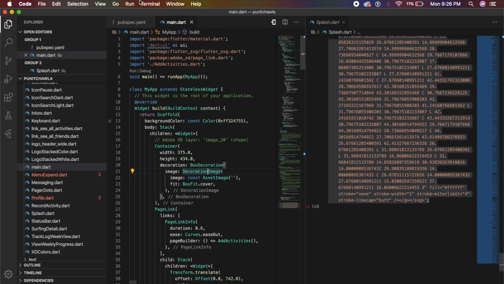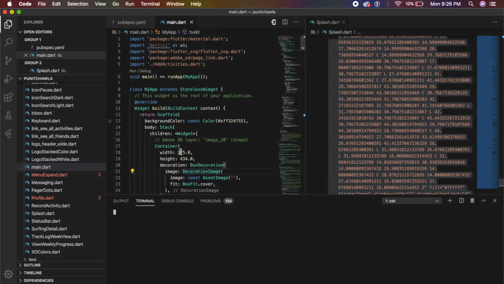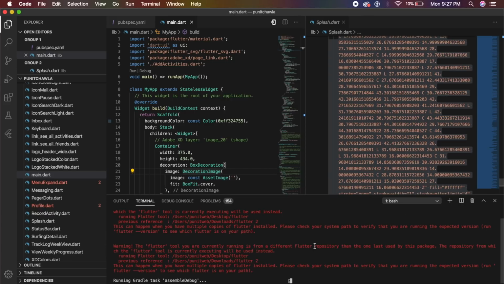So in this application, there is this terminal at the top. I will click on new terminal and it will basically open a debugger or a terminal at the bottom like this. I will click on this and I will say Flutter build APK and dash, so 2 dashes, and you will say debug under this and I'll press enter. So you might get 1 or 2 warnings here, but that is fine. You don't really need to worry about these initial warnings here. It is basically giving us running Gradle task assemble debug, and that is what you really ideally want to see at the end.